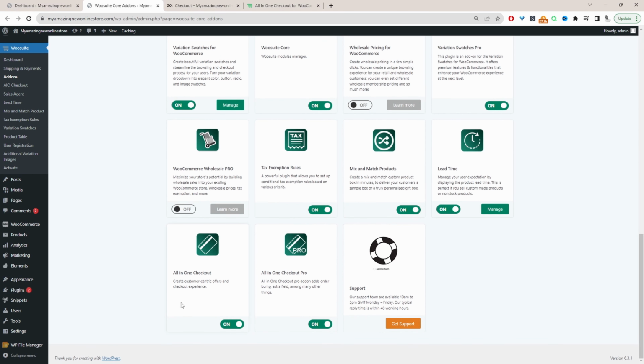So I'll just scroll down here, and then I'll make sure I activate the all-in-one checkout plugin. In this particular scenario, I'm using the free version and the pro version. Okay, so we just need to make sure we've got both active. For this video, you only need the free version, right? So with that being said, let's head over to AIO checkout for all-in-one checkout, and then we'll create our quick